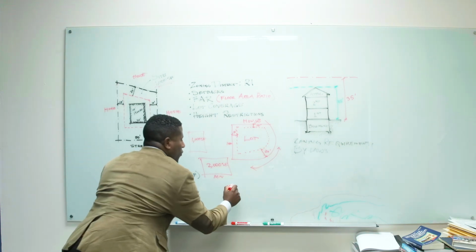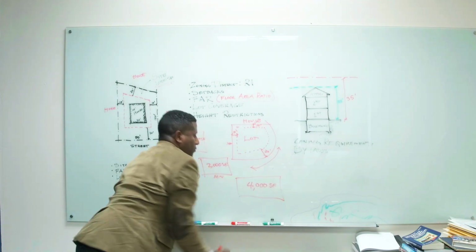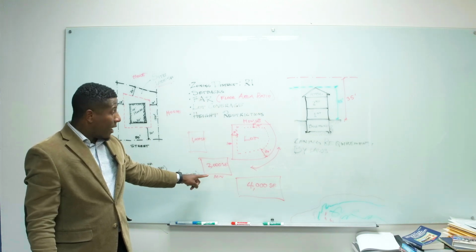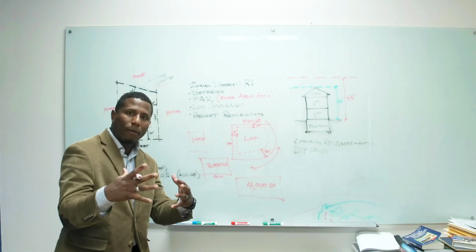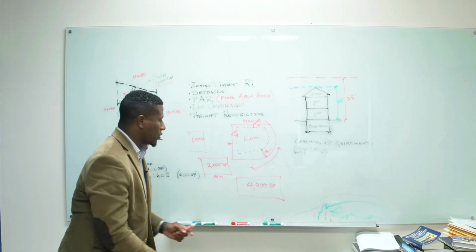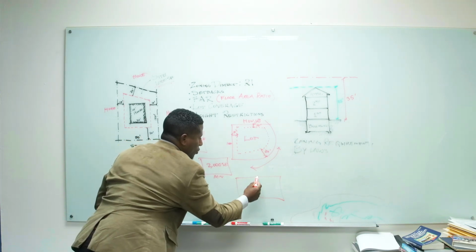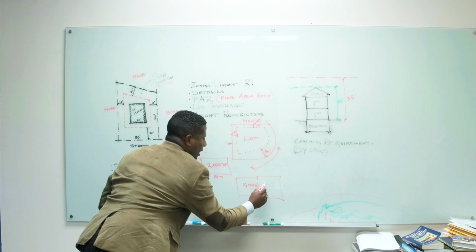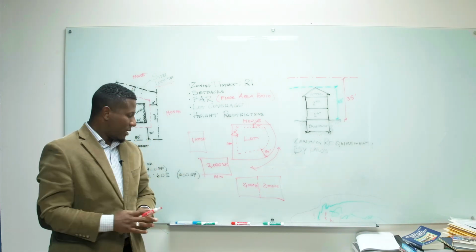Versus if you find a lot that is 4,000 square feet, you can say, oh, I comply with my minimum requirement of 2,000 square feet. And you could actually say, oh my God, I could convert this into 2 units because I comply with the minimum lot requirements. So if this lot you are thinking of getting is 4,000 square feet and you know the minimum is 2,000, you can say, oh, I can legally subdivide this in 2. So then you have 2 lots of 2,000 square feet each. Very important that you understand what the minimum requirements are in terms of the lot,